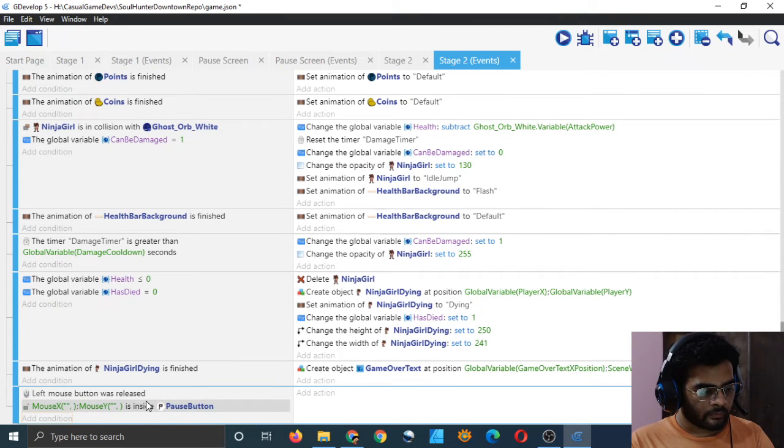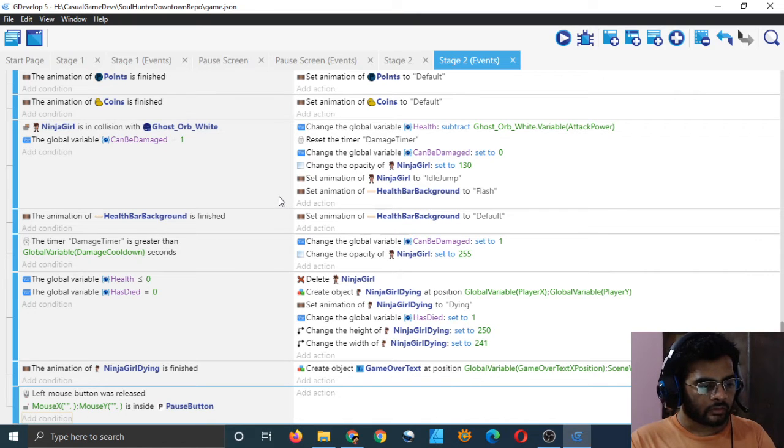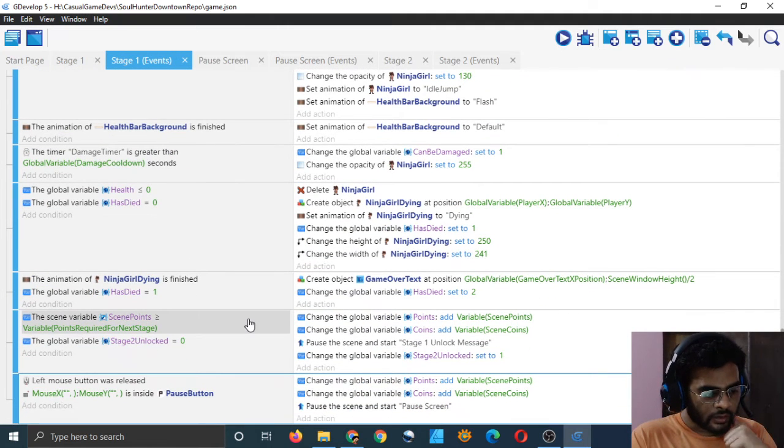That should happen. And now we have to save the points which were made here to the global variable. But there is one thing that is not good. This stage unlock event will only happen once, but the pause event can happen again and again.